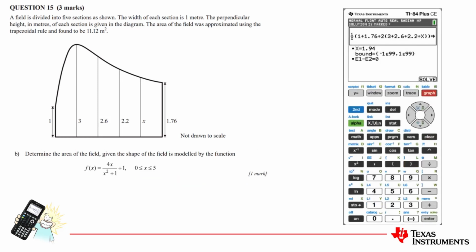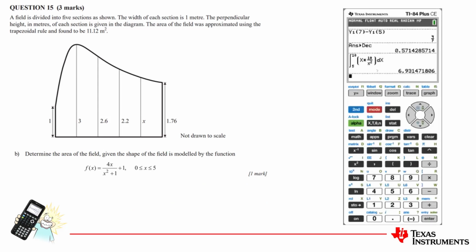The next part is then just straight determining the area of the field given by the model, and we can do this on the calculator as well. The only thing I would mention here is we probably want our answer to be around about that 11.12. We know the trapezoidal rule is pretty good at approximating, depending on what your delta x is, but it's not